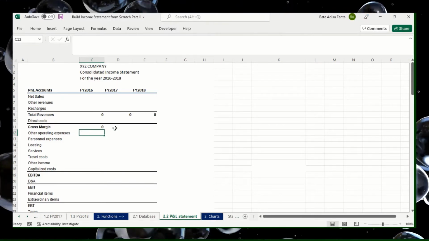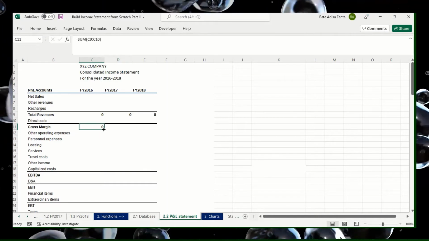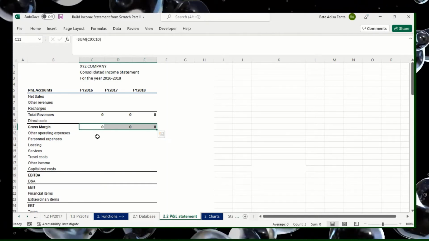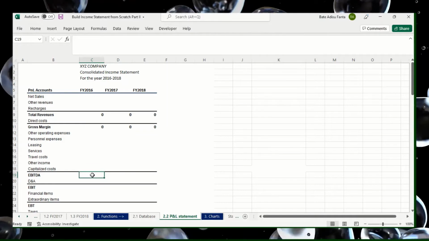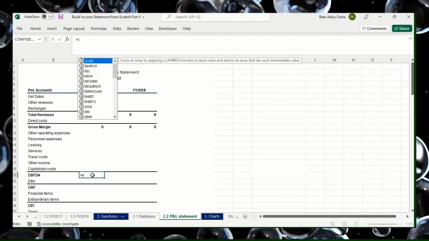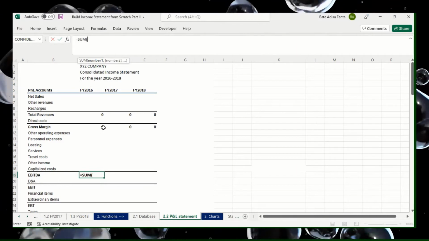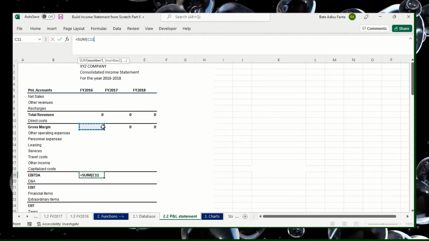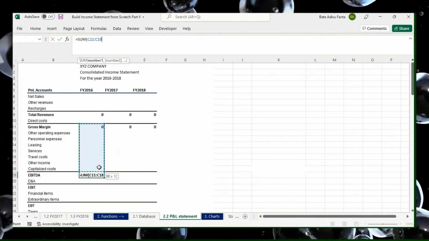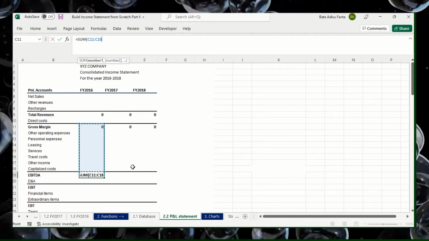So if we simply sum up, it will be okay. Here we go. Sum of is the difference of all these, including the gross margin,